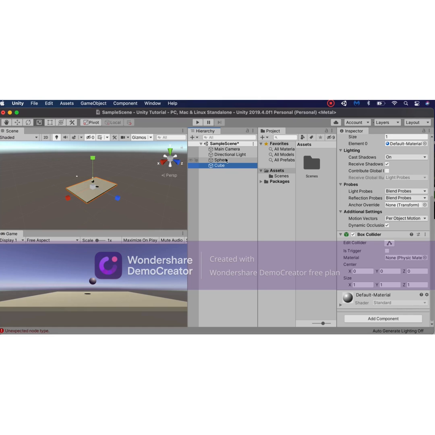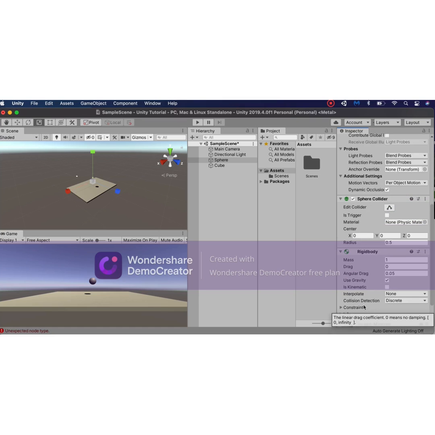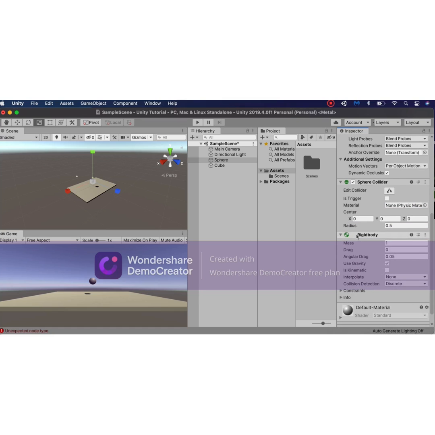But for now, make sure you have the sphere clicked, and we are going to add a component, and we are going to add Rigidbody. Using the Rigidbody, we are going to make use of the built-in physics system in Unity. Here we have a mass specified, and here we have gravity. I don't want you to worry about these two for now. If I hit play,